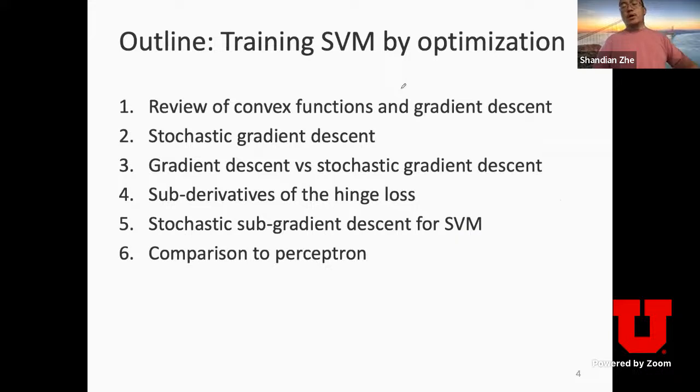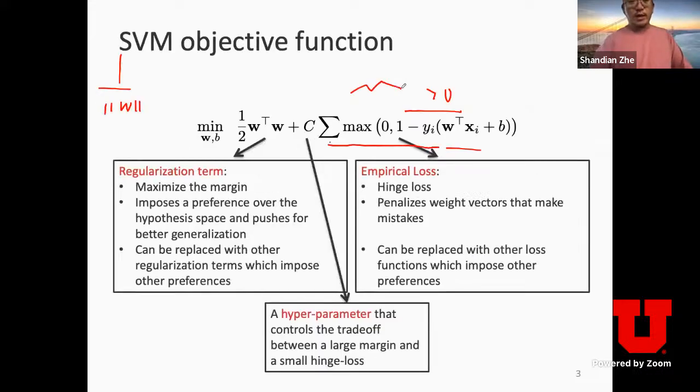Okay, the goal of today's discussion is to talk about how we efficiently minimize this objective function to find our model parameters W and B, right? Remember, W is the weight vector for all the features, and B is the bias parameter. Okay, so any questions so far? Hope everyone is on the same page. So now we're going to talk about